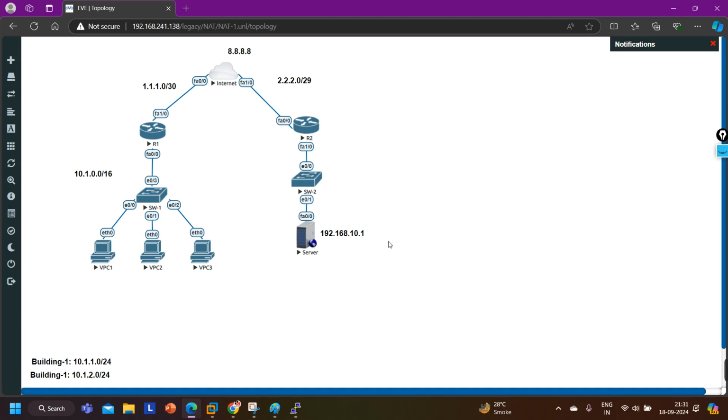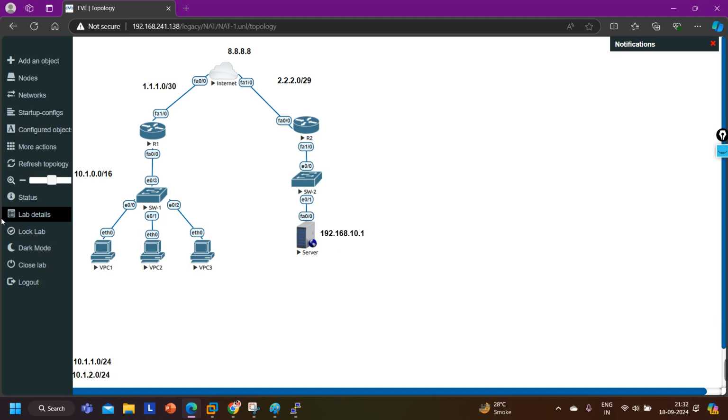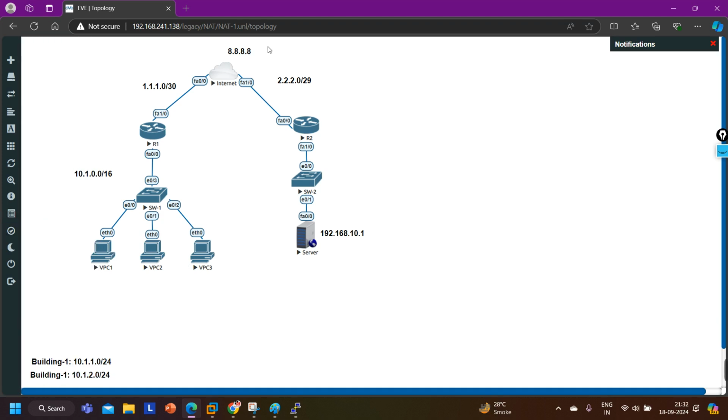100 users should be able to access the server. So static NAT. Whenever you want to provide access to a server, you are going to use static NAT only, bidirectional NAT only, because dynamic NAT and PAT are unidirectional, guys. It means inside users can access the internet, but outside users cannot access the internal server. To access the internal server, we have only one-to-one NAT, that is static NAT, which is bidirectional. It means inside users can access the outside network, and outside users can access the inside network.